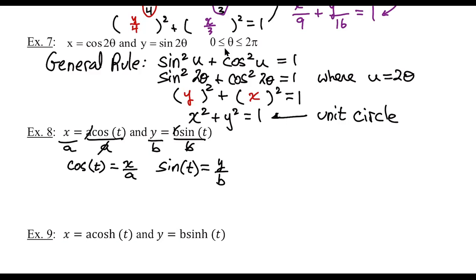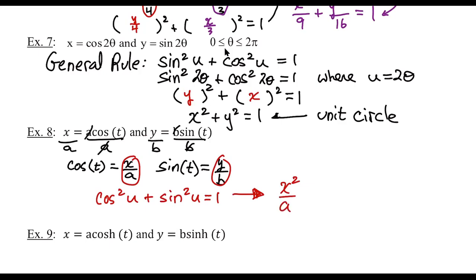All right. Now, we also know that sine squared plus cosine squared is equal to 1. We also know the reverse is true because addition is commutative. Almost said multiplication is commutative. That's also true, but not relevant here. So if I want to just cut to the chase, I could say cosine squared u plus sine squared u is equal to 1, which would then, if I square this and square that, I get x squared over a squared plus y squared over b squared